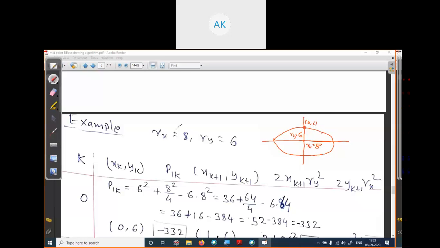We are calculating for region 1 until we reach the point where the magnitude of the slope is -1, meaning you have entered region 2, and we are currently in region 1. When you are in region 1 we apply the formula of region 1. First we calculate the initial decision parameter in region 1. What is the equation of the initial decision parameter in region 1? Does anyone remember?